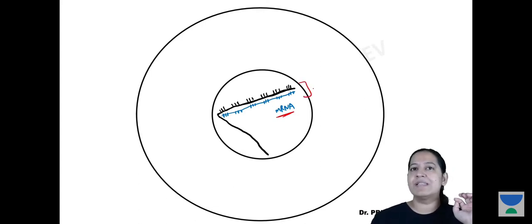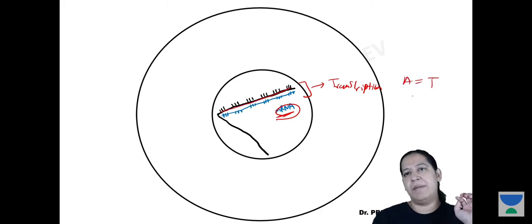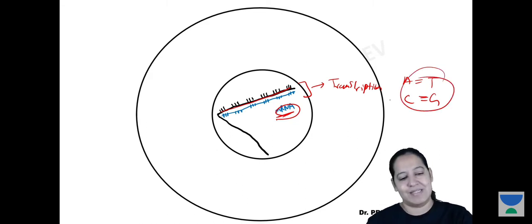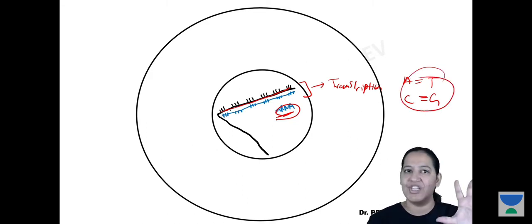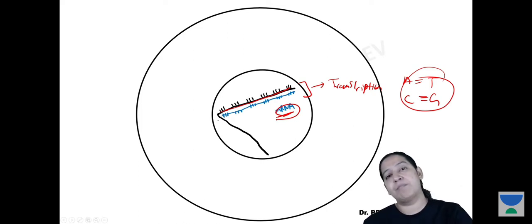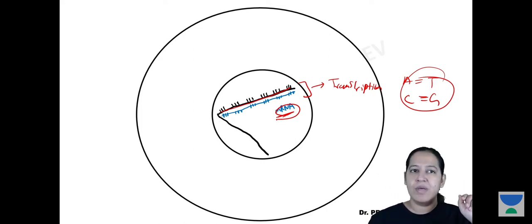So this step is known as transcription. Transcription is formation of mRNA from DNA. So a complementary strand will be formed. You know adenine forms a double bond with thymidine and cytosine forms a triple bond with guanine. You already know the basics. I'm not repeating it. I know it is a wastage of time. But if you understand these basics now, you will have a better understanding of which step is blocked by which antibiotic. So you can see the complementary